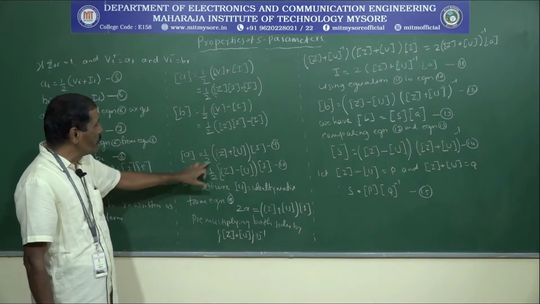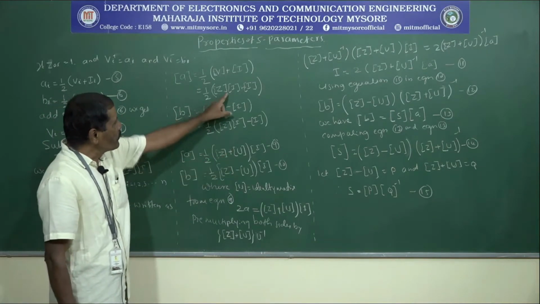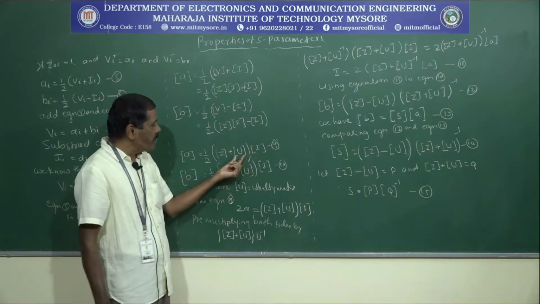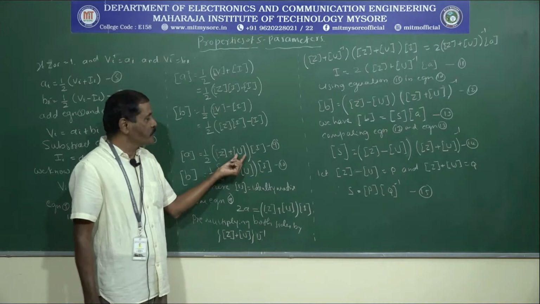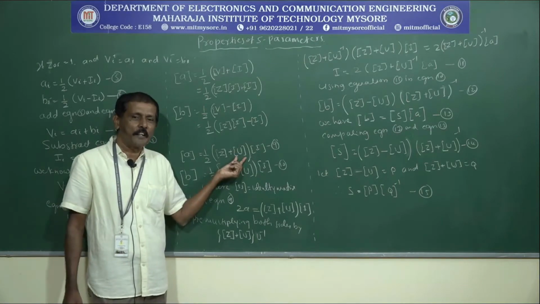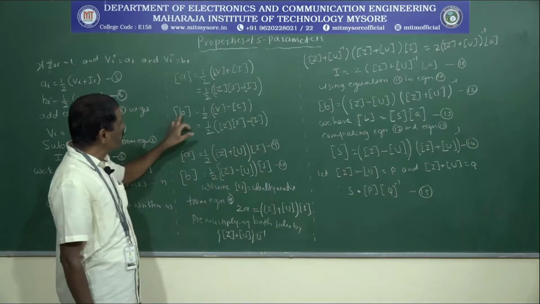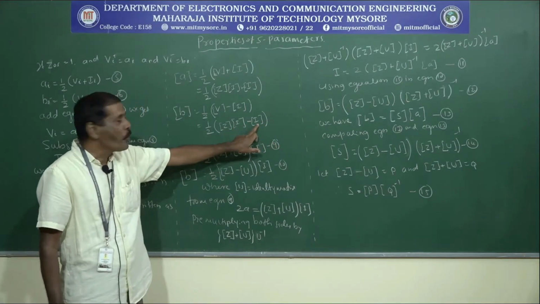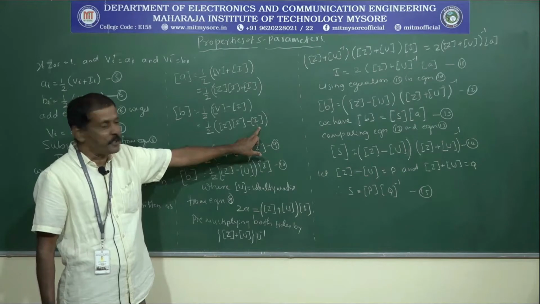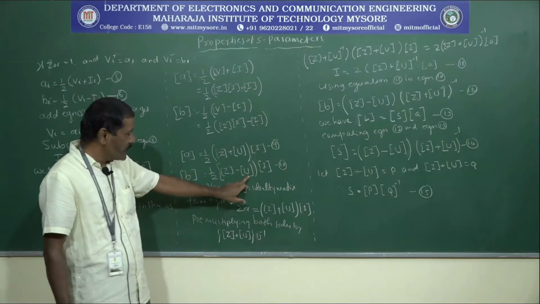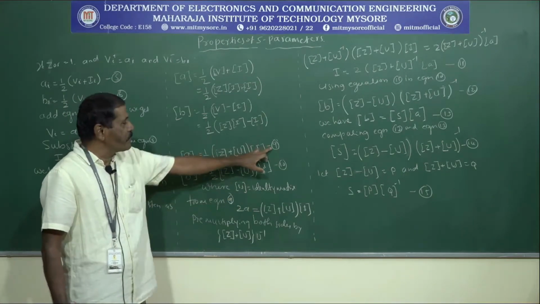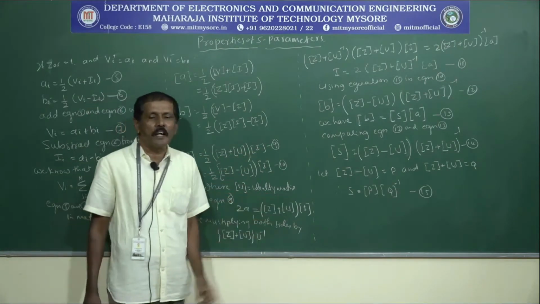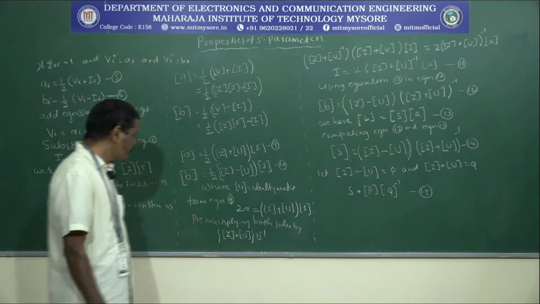So this equation A and B I can modify here. A is equal to 1 by 2 into (Z plus U) into I. What was it? We are taking I outside. When I take I outside, here I am going to get the 1, and the 1 can be replaced by the identity matrix. Similarly, from this equation, if I take I outside, I get a 1, which can be replaced by an identity matrix. Therefore, in equations 9 and 10, we are using U, where U is the identity matrix.